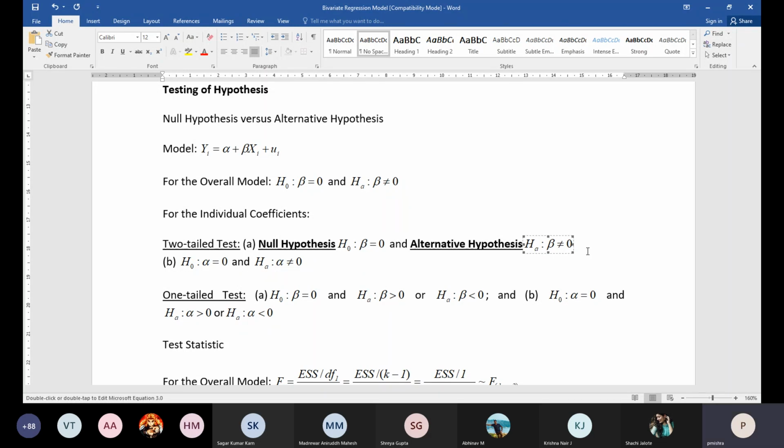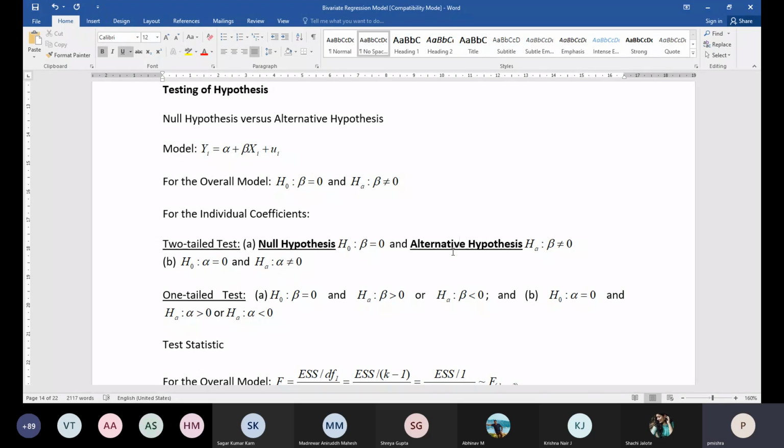When we test hypothesis, again I am saying, we basically test hypothesis with respect to the null hypothesis only. Either the null hypothesis is rejected or it is not rejected. Though sometimes we have seen people using the term accept. In fact, in the true sense, in testing of hypothesis, we don't accept anything because this alternative hypothesis may vary from case to case.